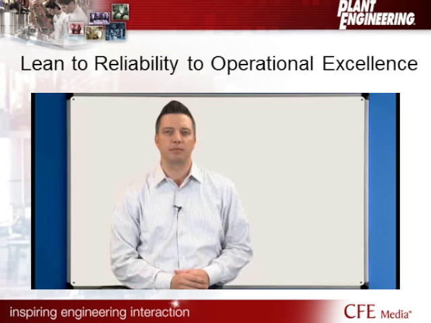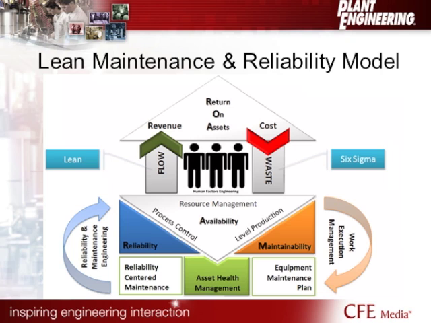So next we're going to look quickly at the model that Darren talked about in the video. I've added a couple more details into this one so you can see a little more about what's going on. But there are some key points here. Lean is going to be very much focused on flow and very much focused on waste. Six Sigma can also be used in both areas to help improve each of those. So as you can see from the red arrow, we want to lower that waste and increase the flow, or the throughput, of the facility. That's going to increase our revenue, and by lowering the waste, that's going to decrease our cost. So that gives us that return on net assets. We've got a few things down in the bottom there, and I wanted to point those out.